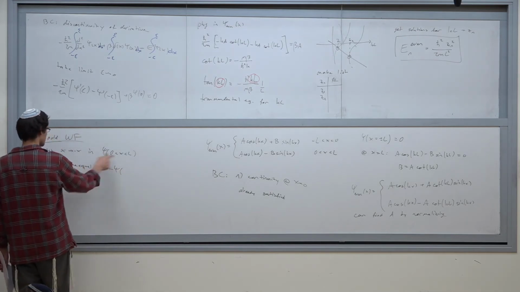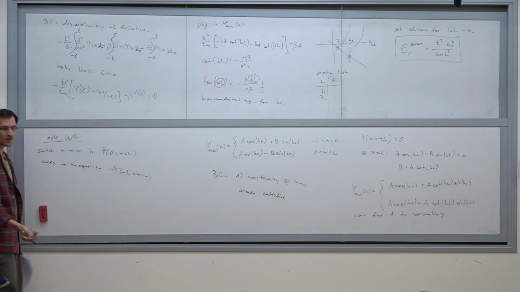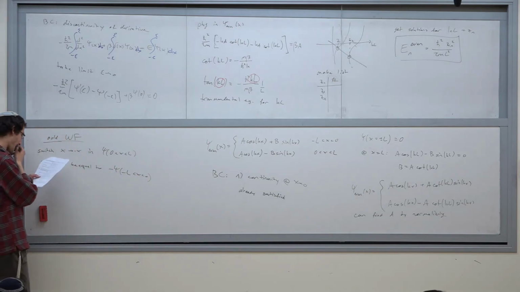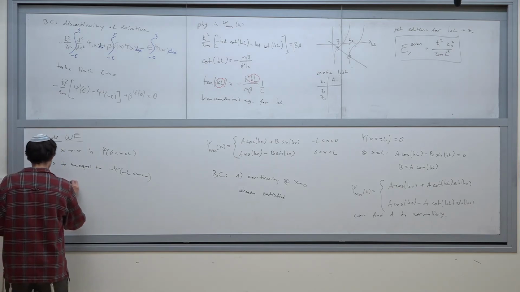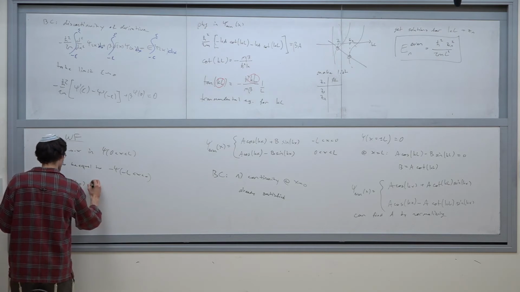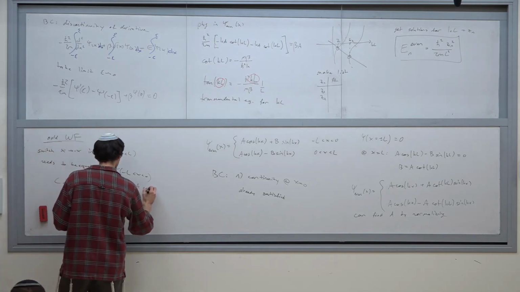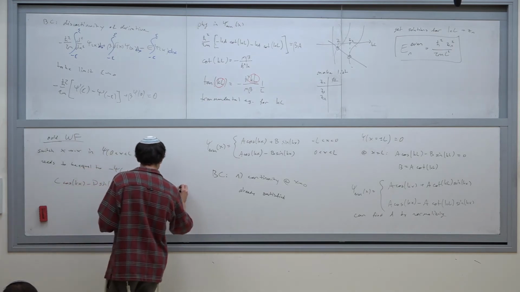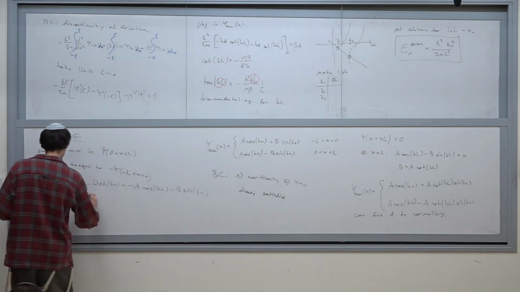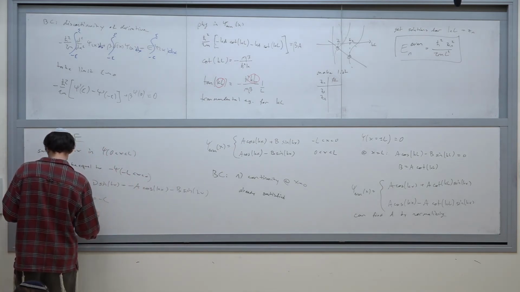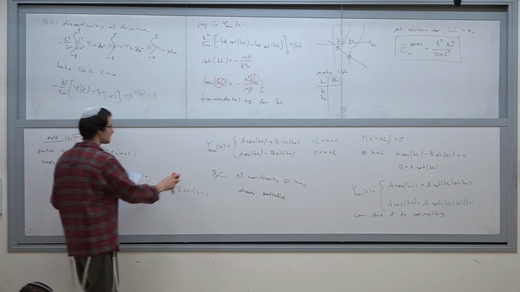That's the definition of an odd function. So I get c cosine kx minus d sine kx must be equal to minus a cosine kx minus b sine kx. From here I automatically get that e equals minus c and b equals d, and hence the odd wave function,